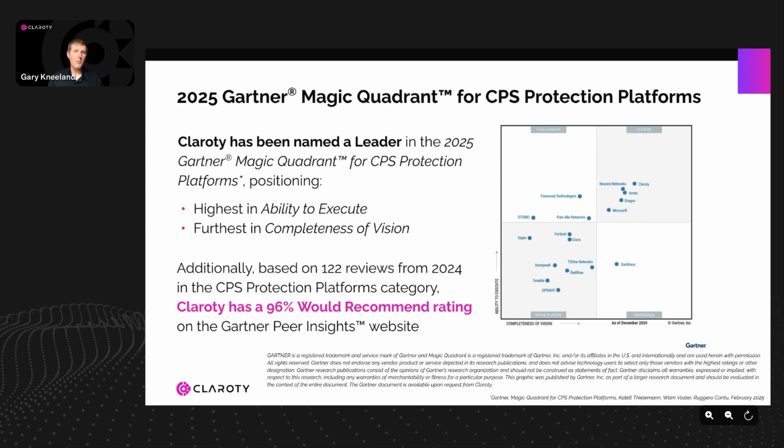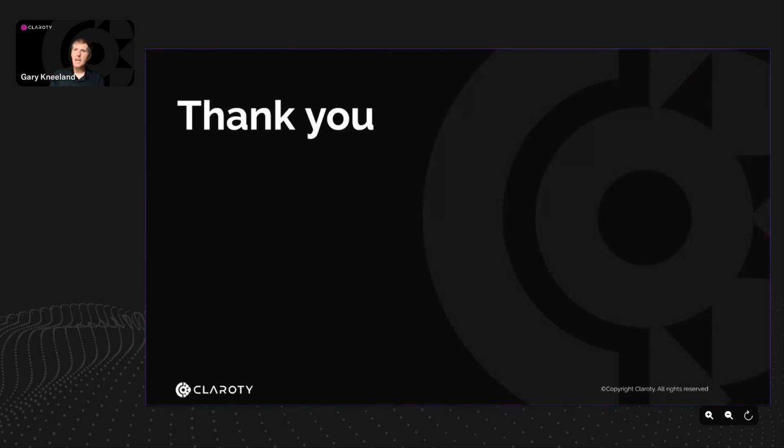Again, this is also something we're proud of from our customer base. Clarity is recommended by 96% of our customers in Gartner Peer Insights. So this is something we're constantly trying to push the envelope on to make sure that we can maintain this leader position and continue to innovate on things like we've been talking about today with more context-sensitive information for devices, moving away from this traditional method of asset-centric risk remediation. So I've talked through a lot of stuff here.